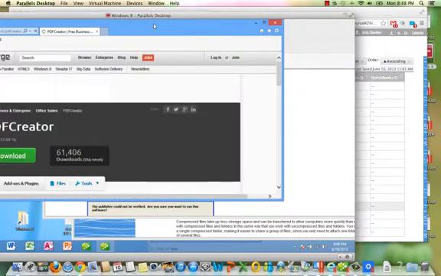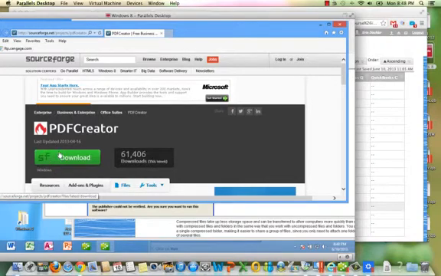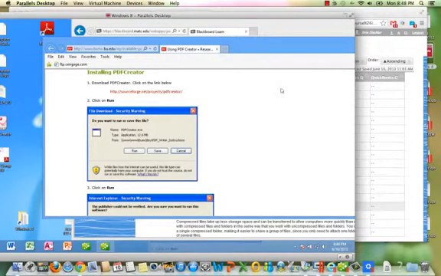When you go out here, you can click on this big green box right here. It's free, it's awesome. The great thing about downloading this is that you can save, it doesn't just have to be your QuickBooks report. You can save a web page, a Word document, a picture, anything you want into PDF. So it's really, really cool. So once you have that installed,